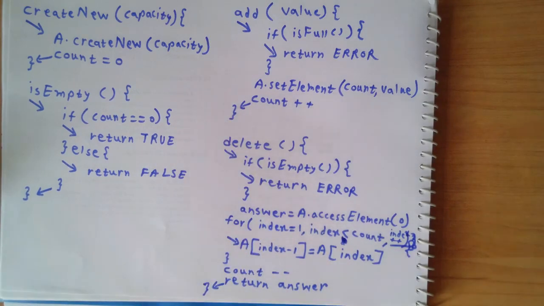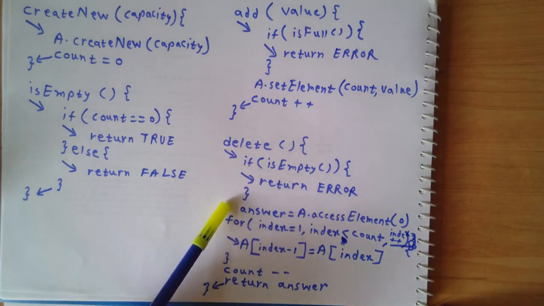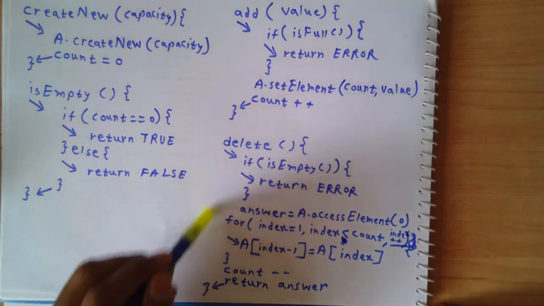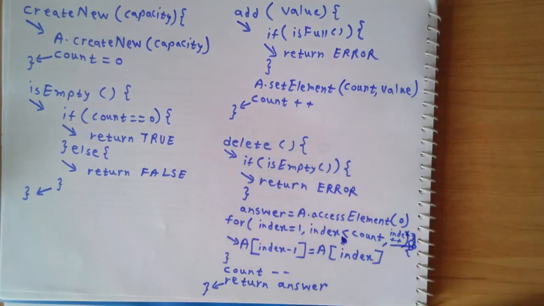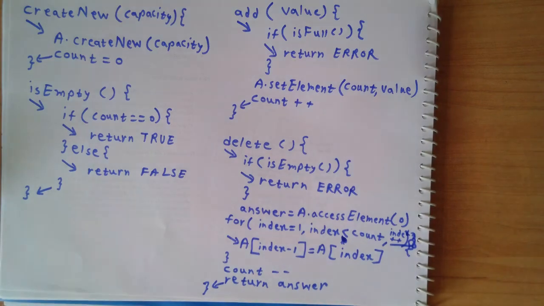And for the delete operation, well, this particular part can be performed in a constant amount of time. However, this looping construct, if there are n elements in my queue, requires of the order of n time. So that's why the time complexity of the delete function, in the current implementation, is θ(n). Okay, so that's about the pseudocode for the 5 operations of our queue abstract data type. In the next video, we'll see if there is a better, more efficient way to implement these operations.